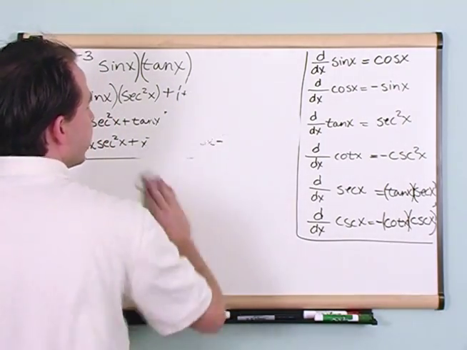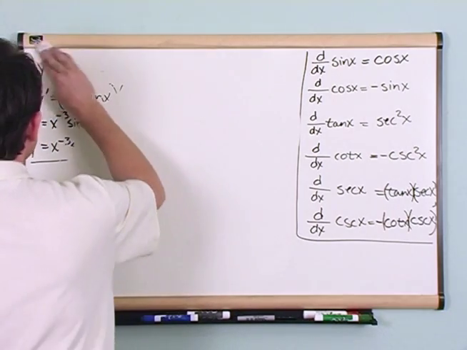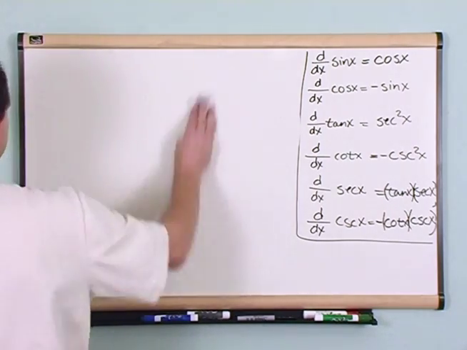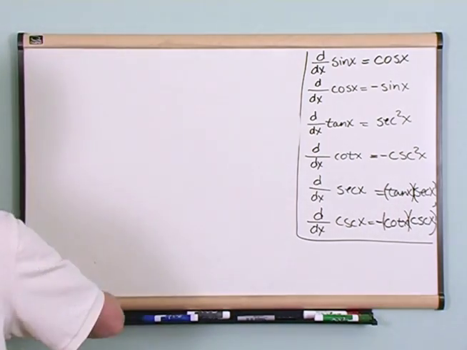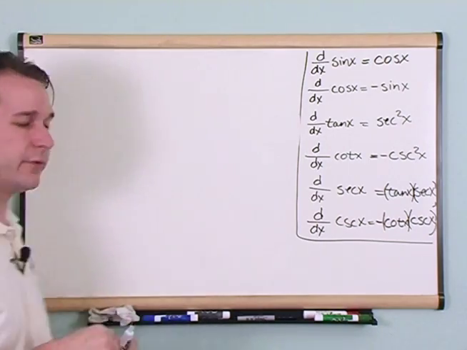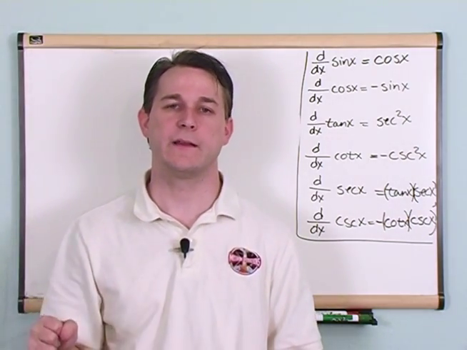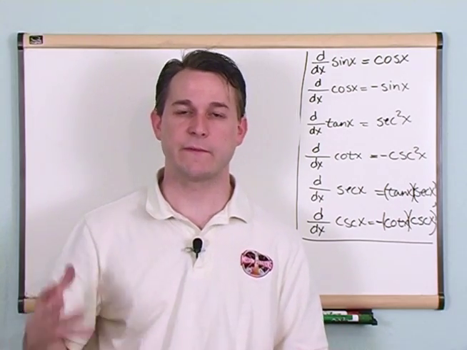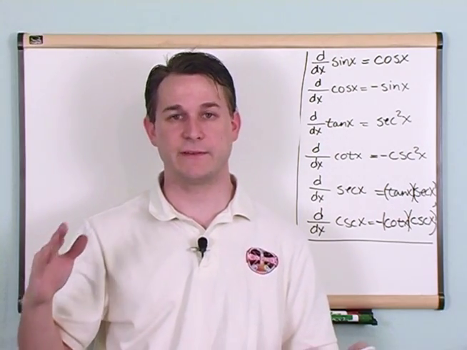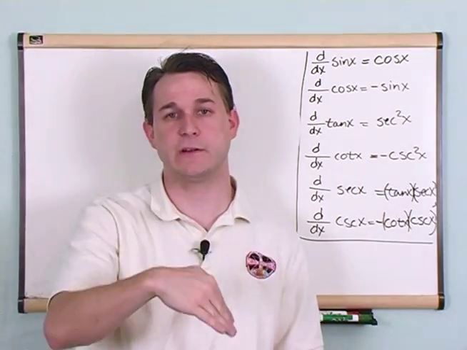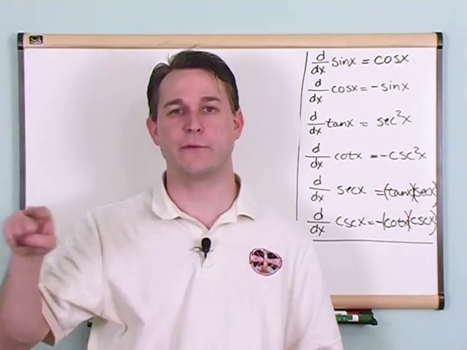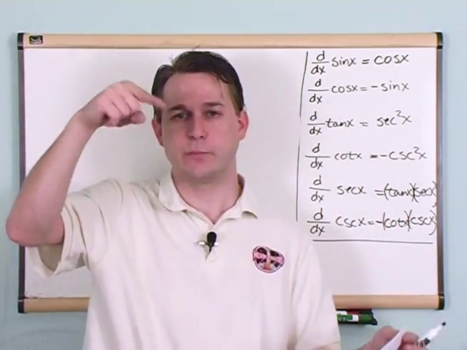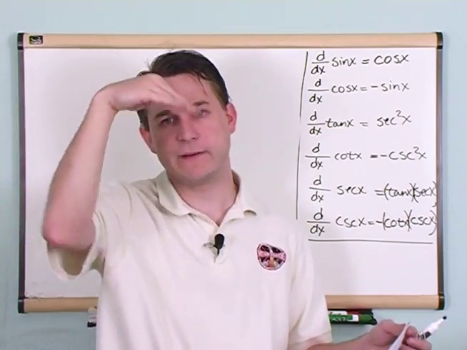We'll do one final problem in dealing with trig, taking derivatives of trig functions. And I don't want you to lose sight of the big picture here, okay? Never lose sight of the big picture. The big picture is that the derivative of a function is just simply a representation of the slope of that function as you trace along its path. So everywhere you go on the path, the derivative tells you how it's sloping,